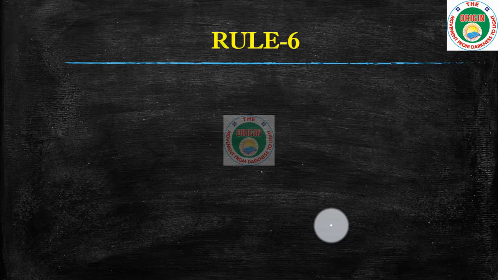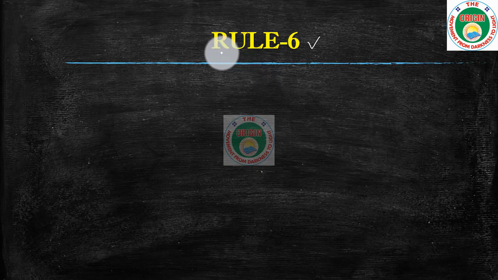Next here, I am going to introduce rule 6. Till now we completed up to rule 5 in the exponents. That is a power 0 equal to 1. A power m into a power n equal to a power m plus n. A power m by a power n equal to a power m minus n. Those are 3 rules in the first class. And next one, rule 4: a power m into b power m equal to ab whole power m. Next one, a power m by b power m equal to a by b whole power m. These are the 5 rules we explained.